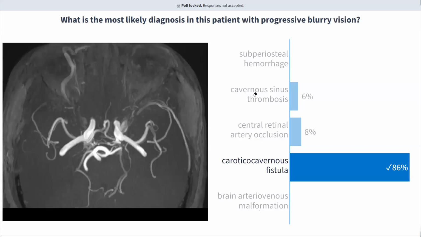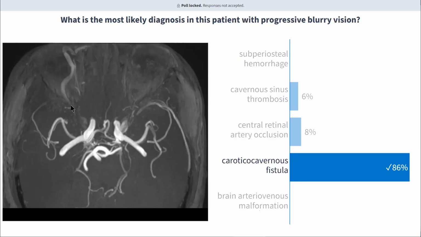The cavernous sinus thrombosis is a reasonable thought, and that might manifest as intrinsically T1 hyperintense thrombus in the cavernous sinus. But the main finding on this image is the flow-related enhancement in the superior ophthalmic vein, which is abnormal in an MR angiogram, which is obtained with the time of flight technique. That indicates there's some arterialization of the flow in these venous structures, namely here around the cavernous sinus, and